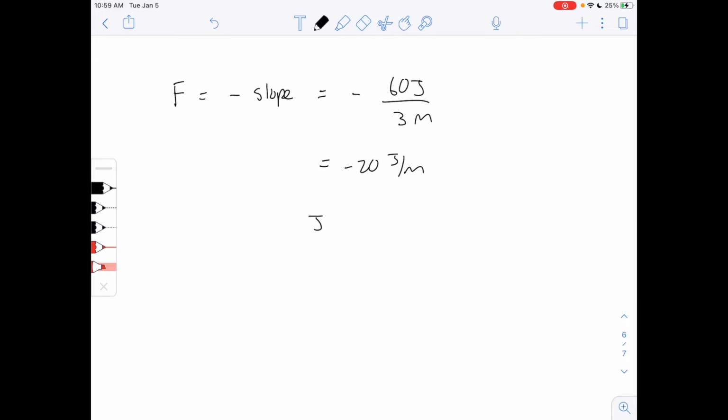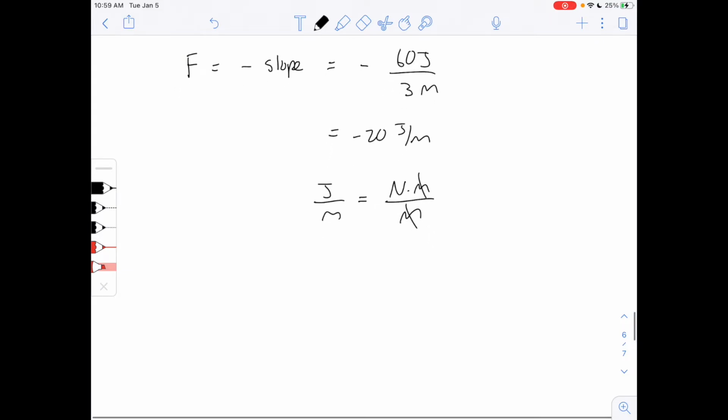And just to check here, let's make sure that joules per meter is equal to a Newton. So joules per meter, we know that 1 joule is equal to 1 Newton meter, and we're dividing by a meter, and the meter cancels out. So that works out. Okay, so now we just need to find the force at position 4 meters,